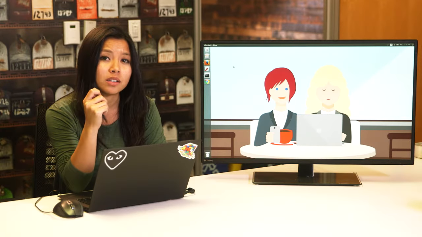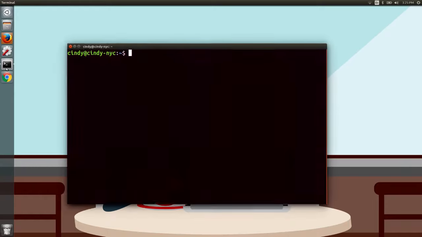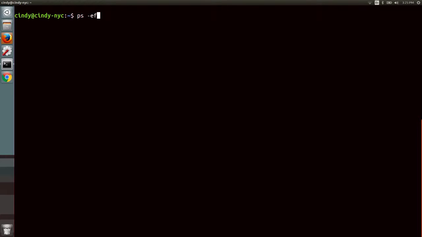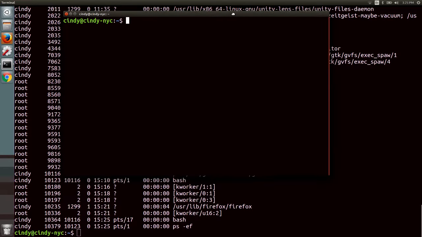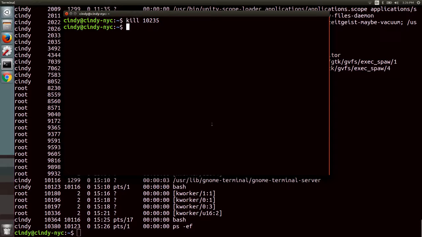This will kill the process, but it'll give it some time to clean up the resources it was using. If you don't give the process a chance to clean up some of the files it was working with, it could cause file corruption. I'm going to keep a process window open so you can see how our processes get affected as we run these commands. So to terminate a process, we'll use the kill command along with the PID of the process we want to terminate. Let's just go ahead and kill this Firefox process.